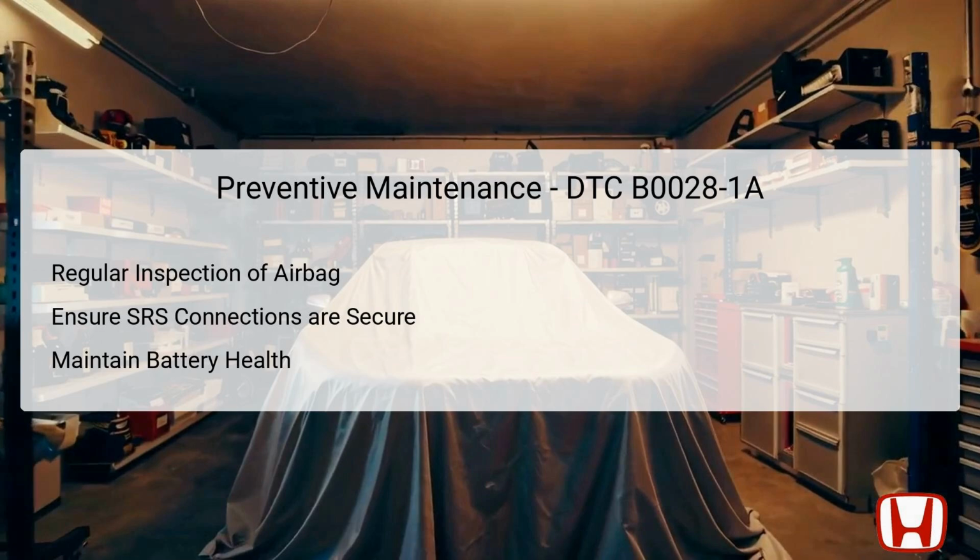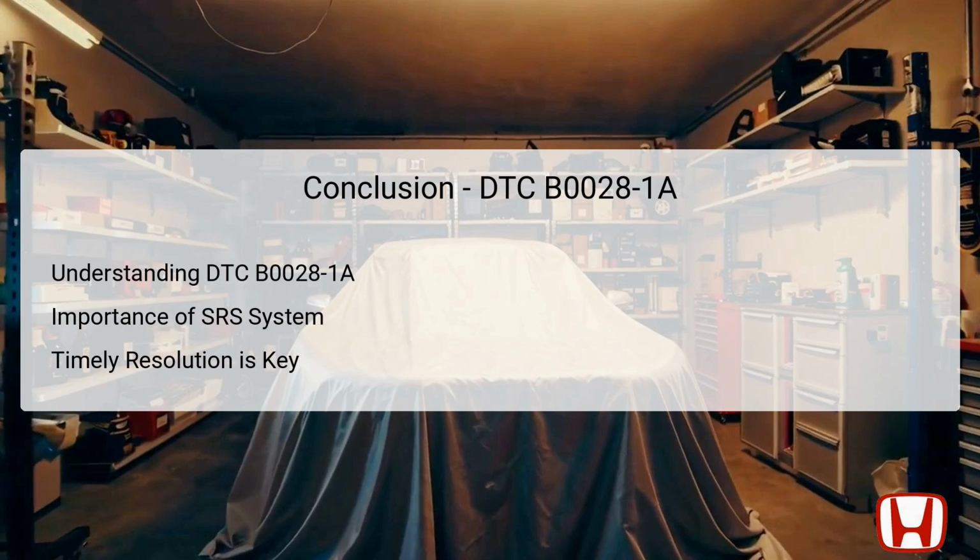Ensuring the health of the vehicle's battery is also important, as a weak battery could cause fluctuating voltage levels that may impact the airbag system. By conducting these maintenance checks regularly, vehicle owners can significantly reduce the risk of encountering trouble codes such as DTC B0028-1A in the future. In conclusion, understanding DTC